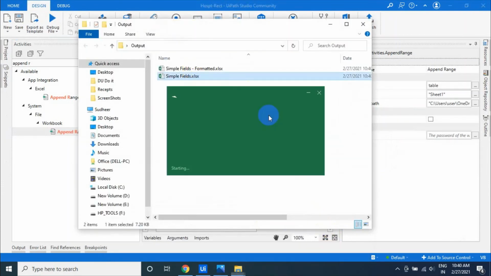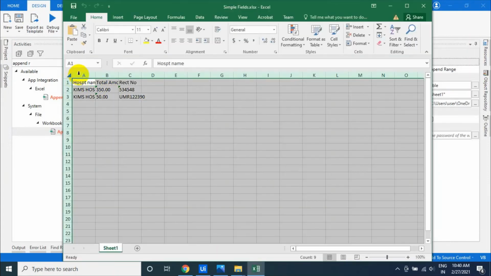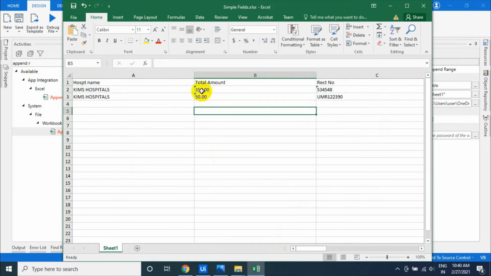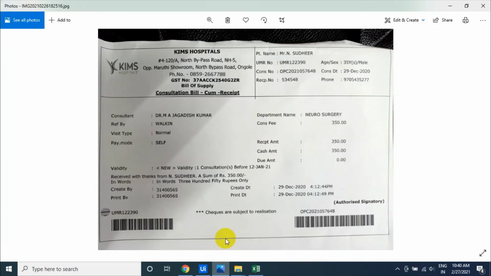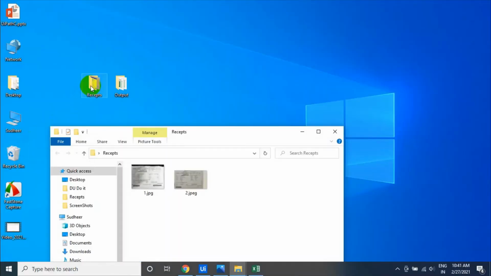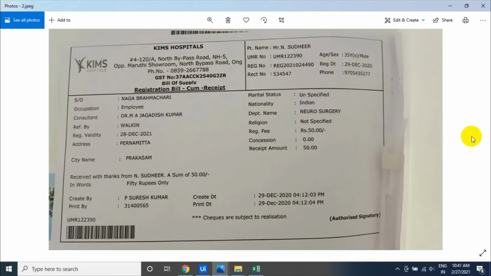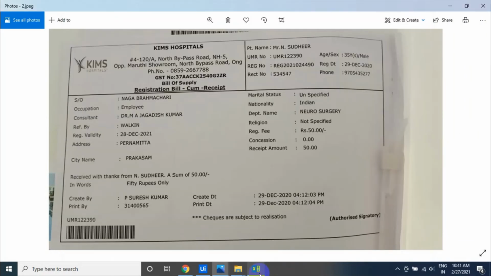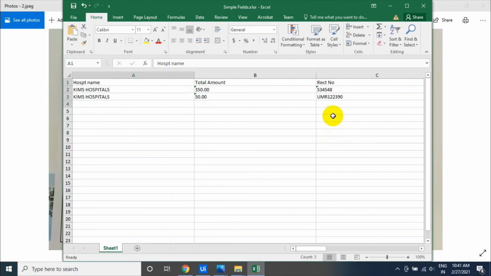Let us see whether we have the Excels or not. If you go to the Excel, there are 2 Excels. Let us check the amounts and hospital, and receipts. This one is 50 rupees, and 50 rupees. Receipt number, automatically it is taking the UMR number. See, UMR number.